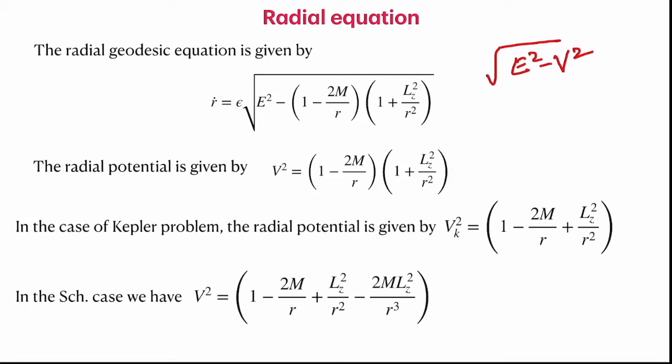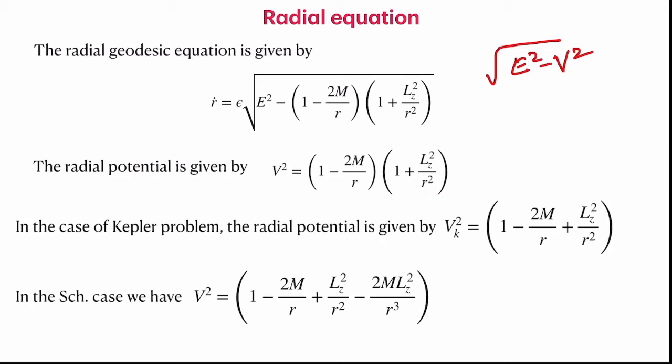So this now we call an effective radial motion. Now you can ask me, why do you call it an effective one-dimensional potential? You can simply take the second derivative and write the complete radial equation. Then you will see that it can be written as a Newtonian one-dimensional force equation: r double dot is equal to a gradient of a potential, and that potential is given here.